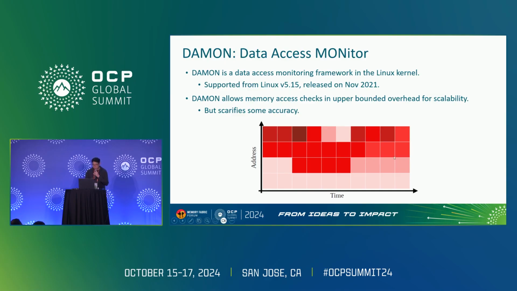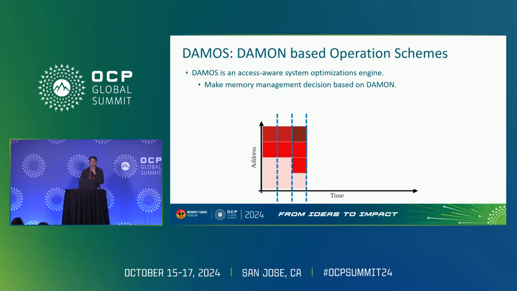In the picture below is a heat map. From left to right is time, and from bottom to top are the address ranges. It shows which address range is accessed how frequently, shown as colors. And DAMON is just a profiling framework in the Linux kernel, and profiling doesn't do anything for the